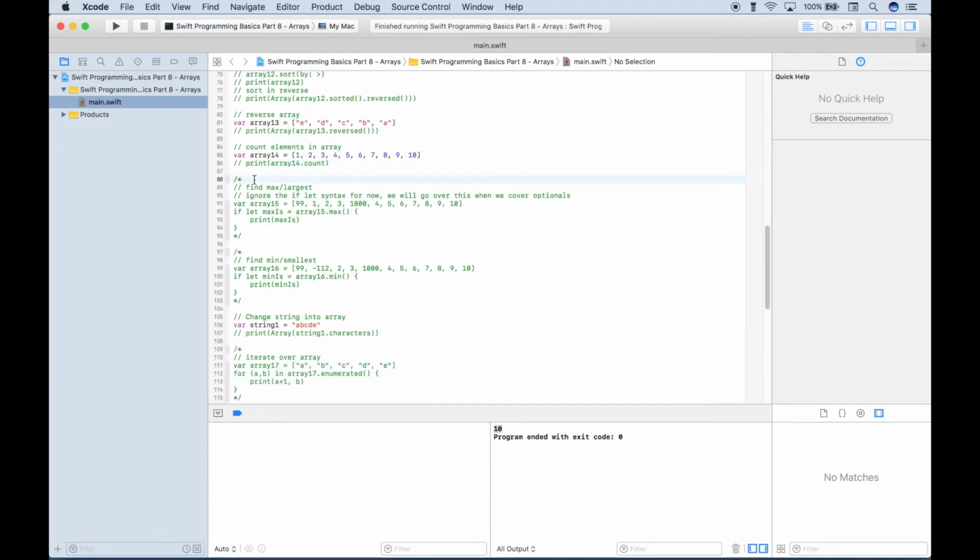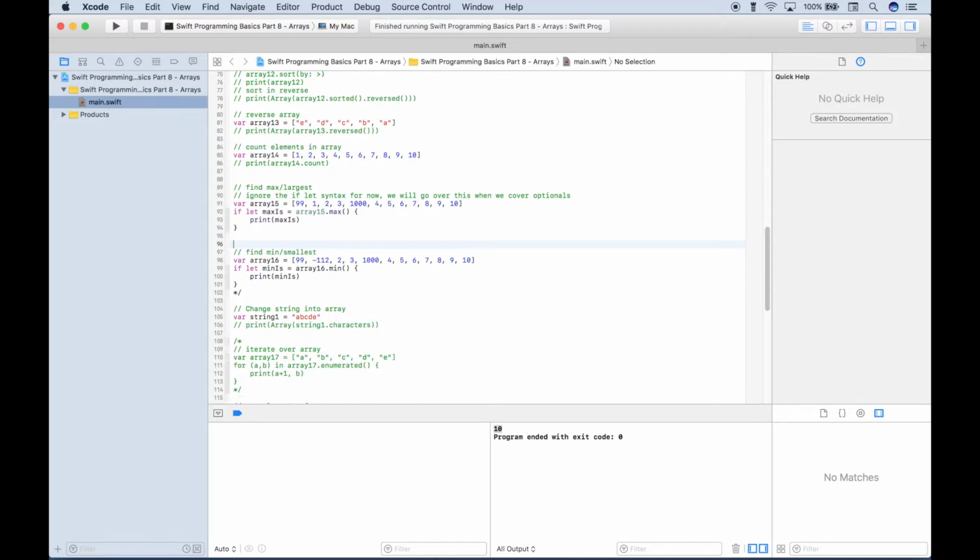Next up, let's go over how you could find the largest or maximum values in an array, as well as the smallest or minimum values. Now, one thing to note, ignore this if-let syntax for now. We're just doing that to get rid of a warning, but we will go over if-let when we cover optionals in future tutorials. Okay? So here we have an array, array 15, with several values, and here we have another